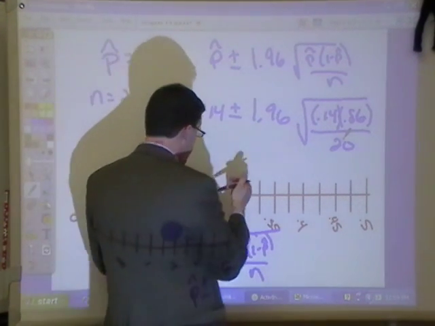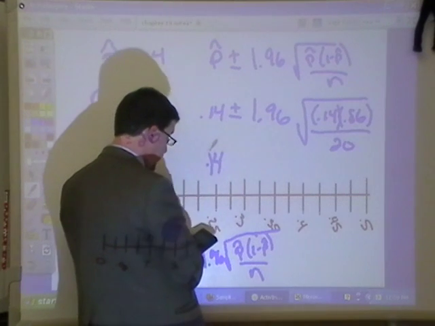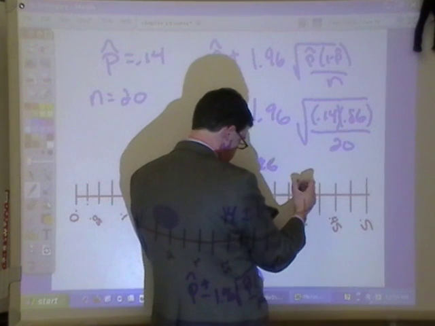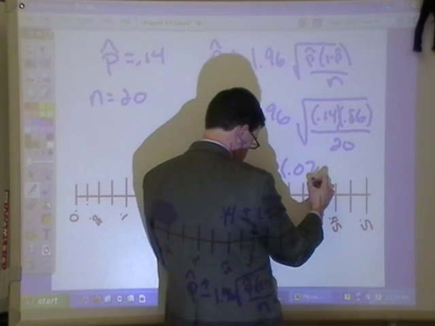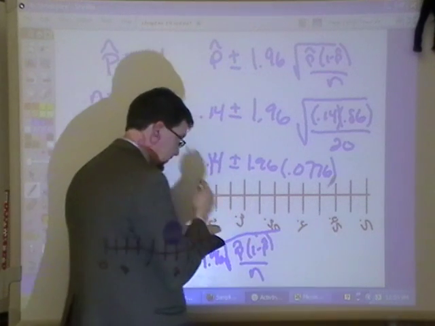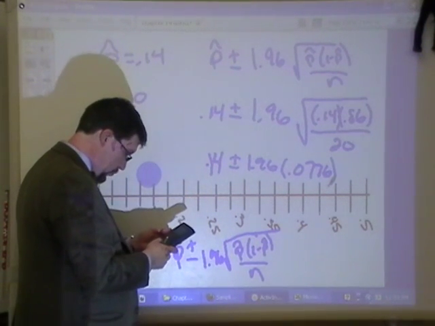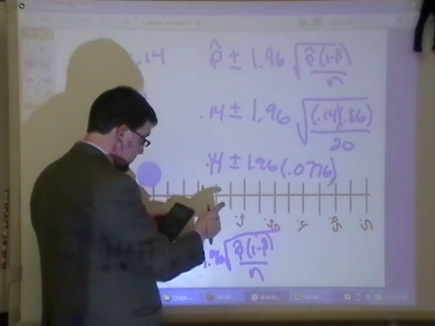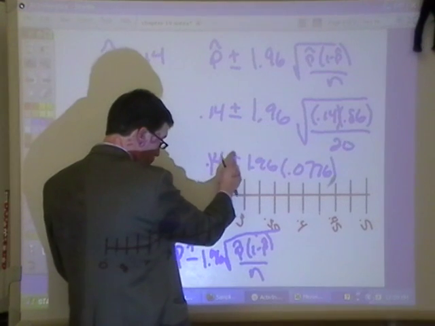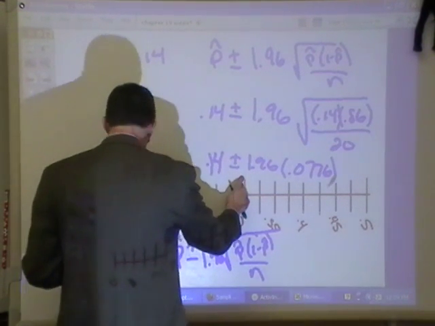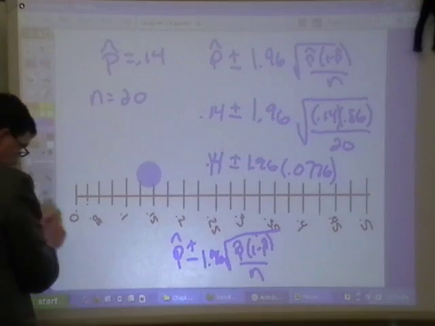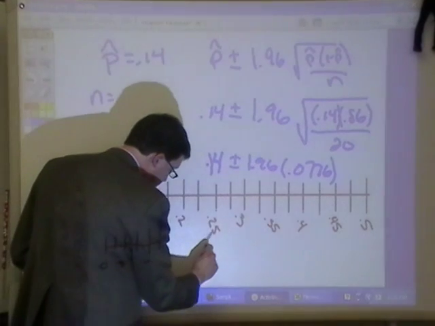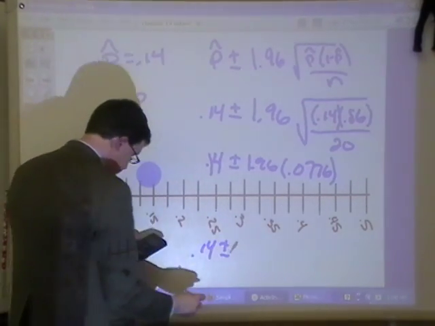All right, so I would have 0.14 plus or minus 1.96. I'm going to find the value for the standard error, and this is 0.0776. Then I'm going to multiply that by 1.96, and I get 0.152. I'm going to take it one decimal place more than this, just to make life a little bit easier here. So what I have is 0.14, plus or minus